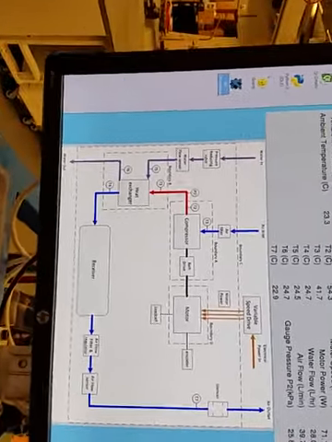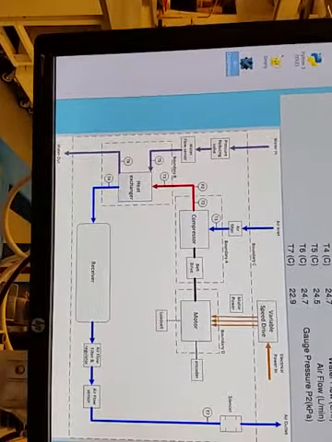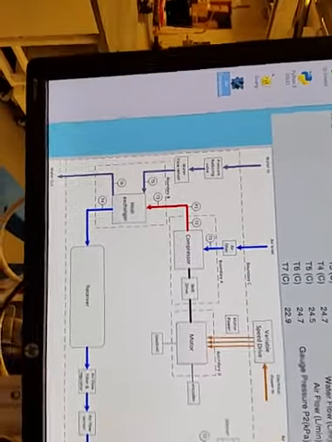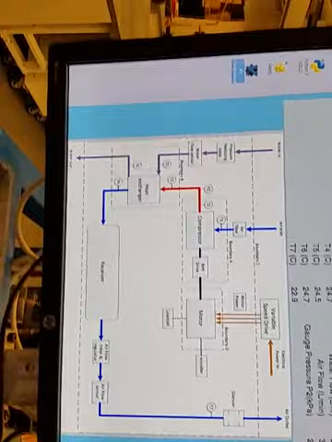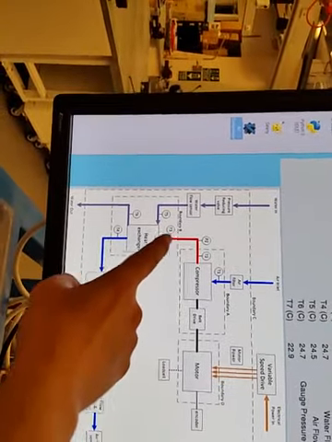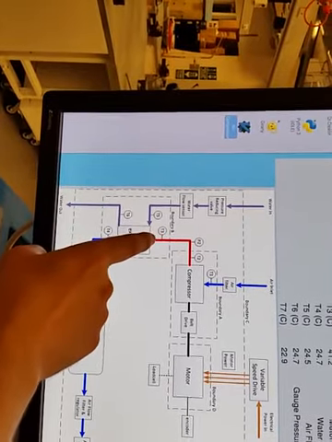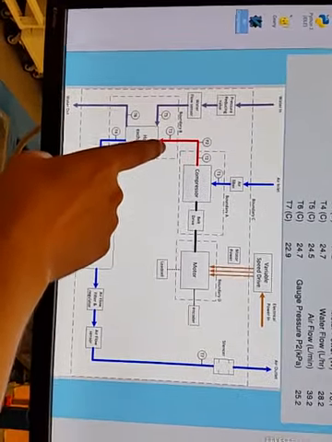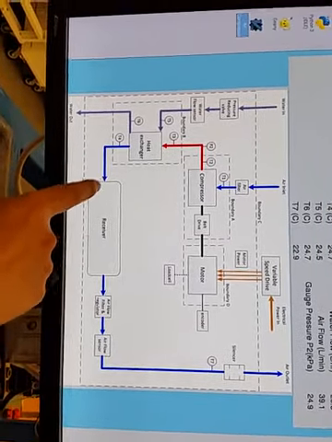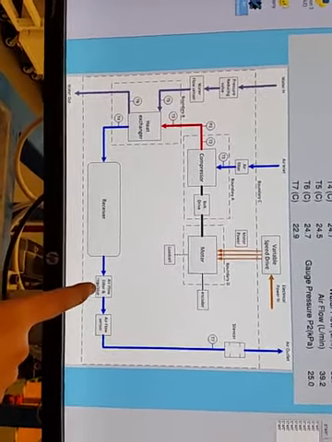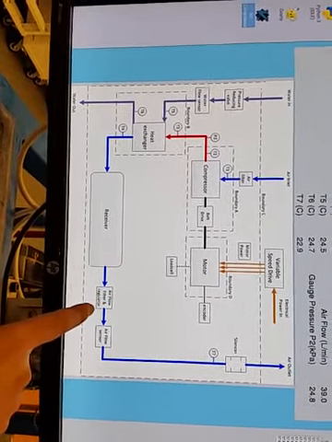That's what we would expect, that the temperature in the red parts is much higher than in the blue parts. The air continues its path into the heat exchanger, where it enters at T3, and then it goes out at T4 into the receiver, and then after the receiver through the airflow filter,